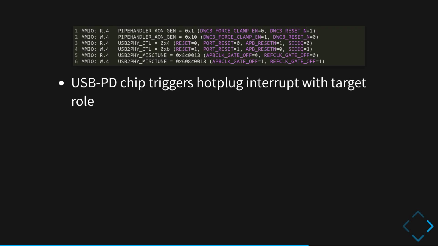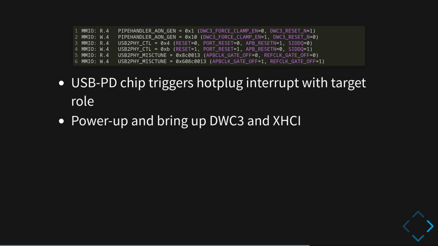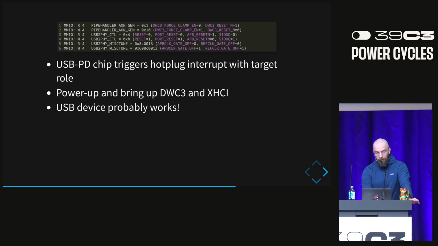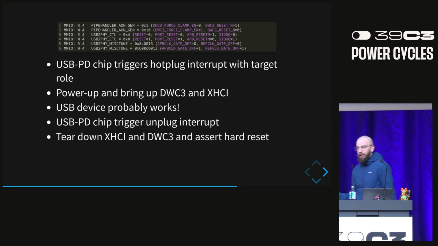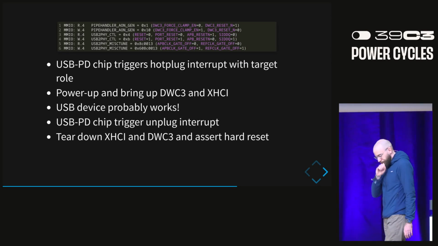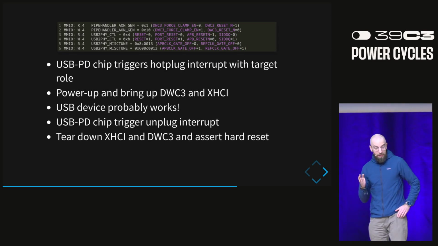So like I said, you get the interrupt from the PD chip with a hot plug. You then only power it up and bring everything up. Hopefully the USB device works, usually does. Then you get the unplug interrupt, and then you have to tear everything down and do a hard reset again. Now, this is to be implemented inside Linux, which I tried, and my original implementation was pretty hacky